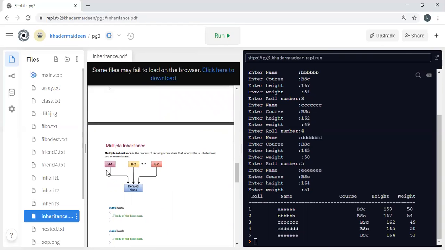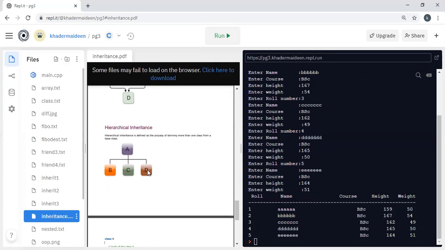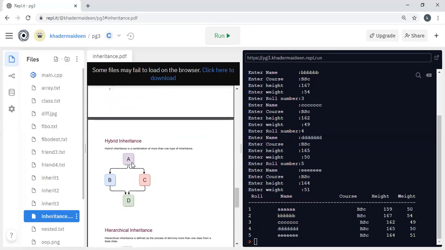Then multiple inheritance, A, B, C are the base classes, and D is a derived class whose parents are A, B, C. Then hierarchical inheritance, A is the base class and B, C, D are derived classes whose parent is A. Then hybrid means a combination of one or more inheritances.